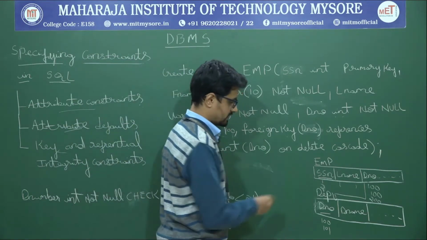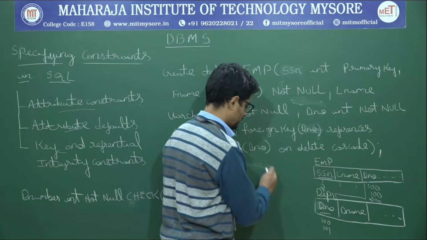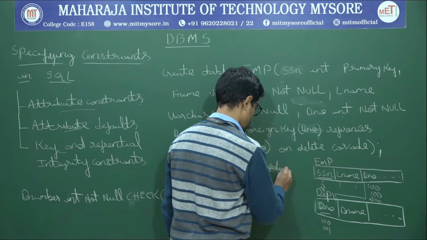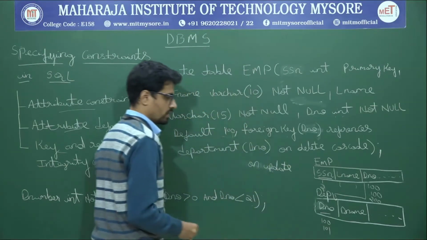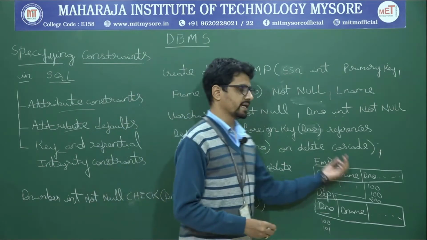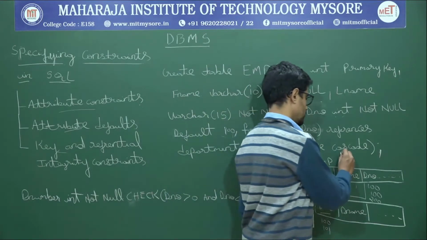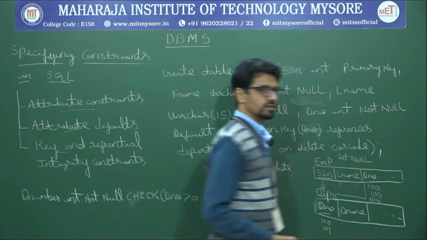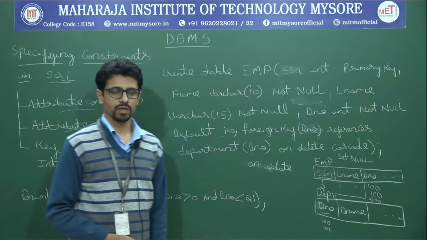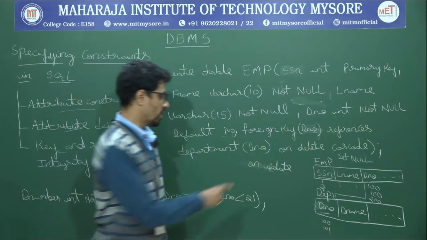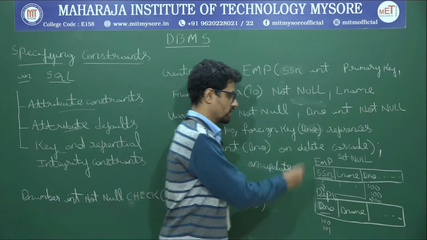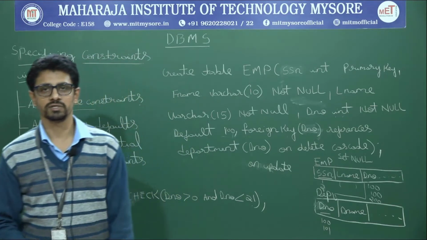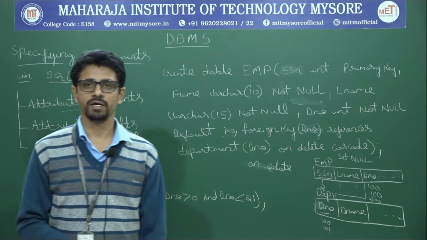So let me first explain what is on delete. Then we'll go back to on update. Either you can perform on delete cascade, or on delete set null is also possible. Okay. What is this on delete or on update? Let us learn that first. Then we can go on cascade or set null, or set default is also possible in case of specifying on delete. What is on delete?